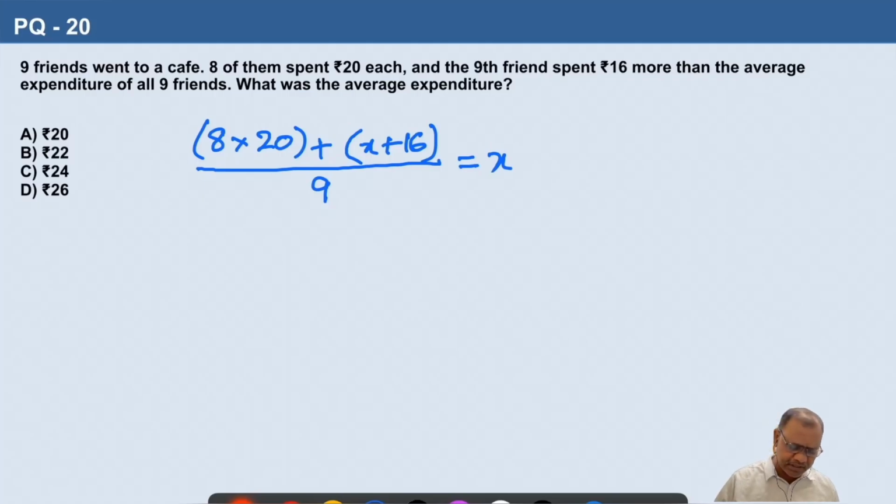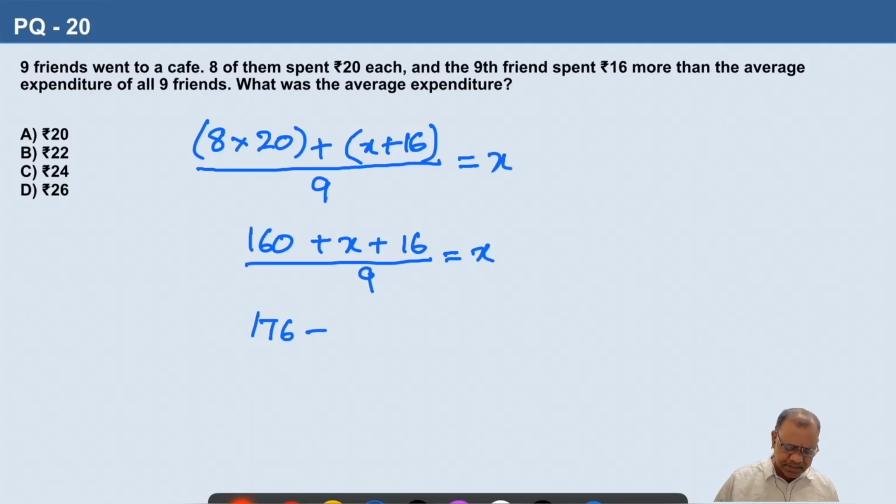So, let us simplify now and find the value of x. 8 into 20, 160, plus x plus 16, divided by 9 is equal to x. So, that is 176 plus x is equal to 9x by cross multiplication. 176 is equal to 9x minus x, 8x. So, x is equal to